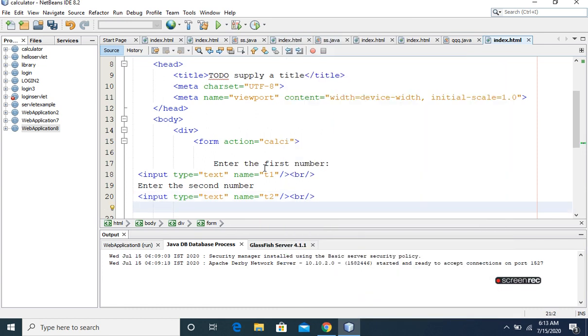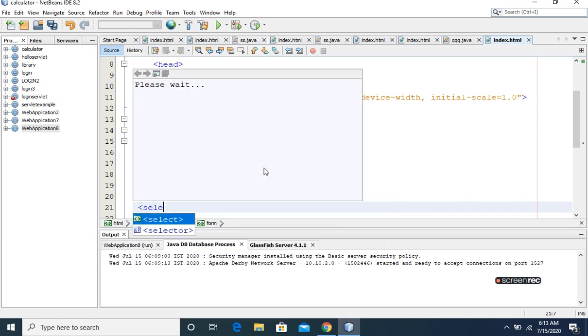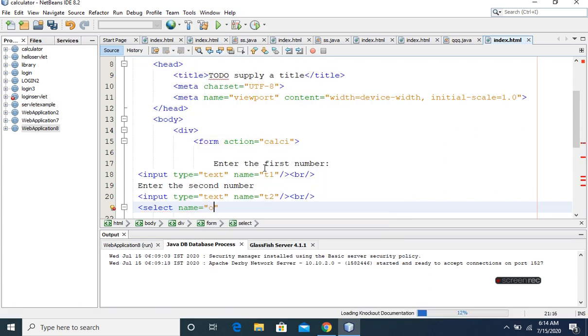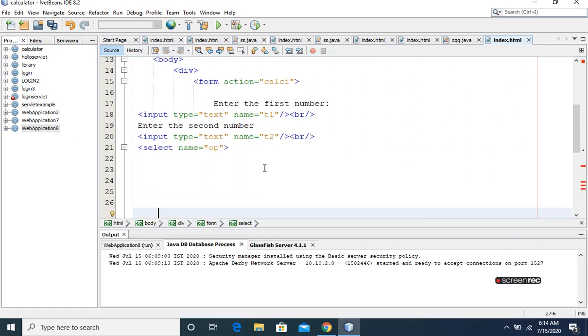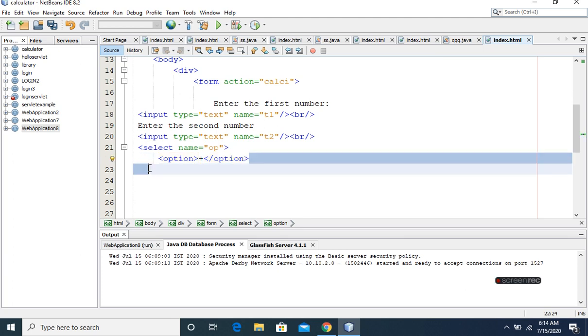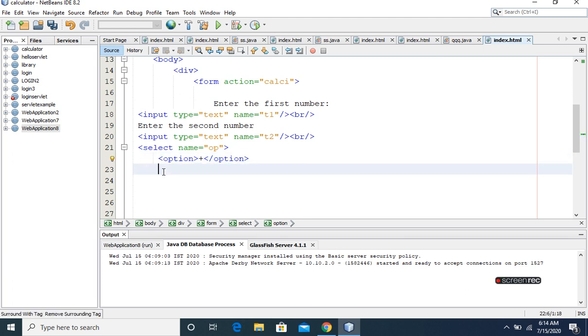We will give the options by using the select tag. These options.